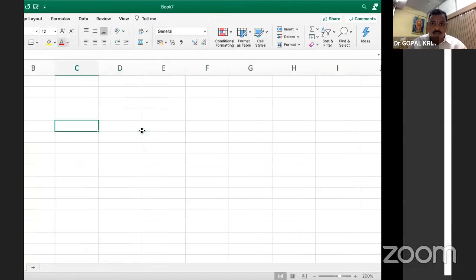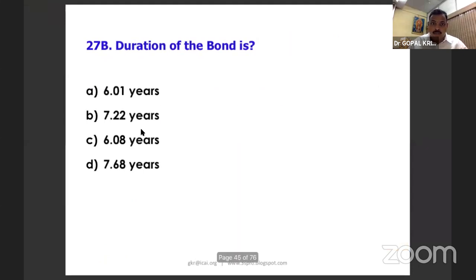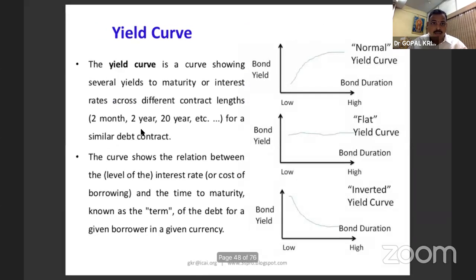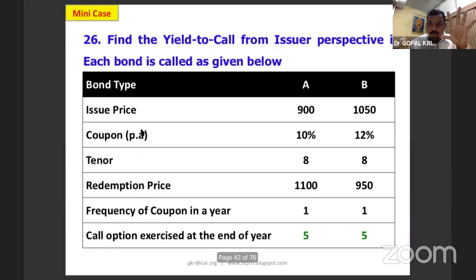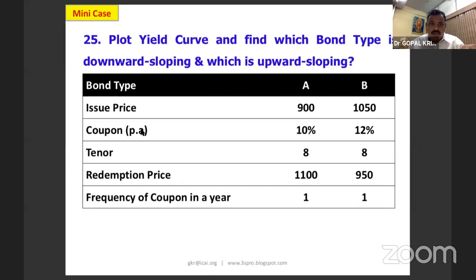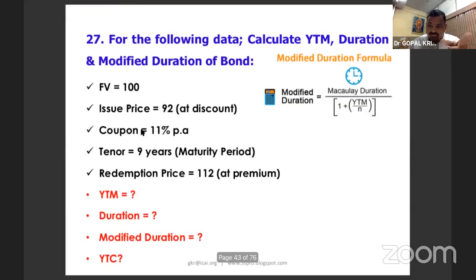Good. Now please look at this question. We need to find YTM, duration, modified duration, and also the YTC, and we'll also understand how to draw the yield curve. I will do all five in this question. Once I do these five, you will be in a position to do all three questions. In 24 you have to find YTM, duration, modified duration. In 25 you have to find the yield curve. In 26 you have to compute the YTC for two types of bond, A and B, same type. So it is a repeat question. So 27 if I complete,